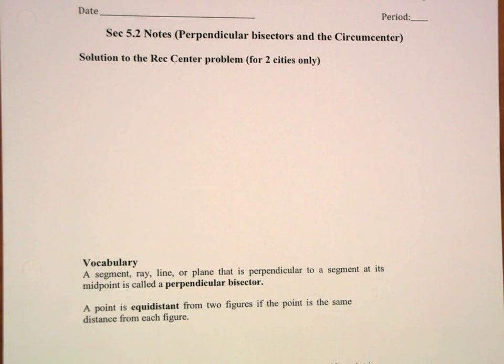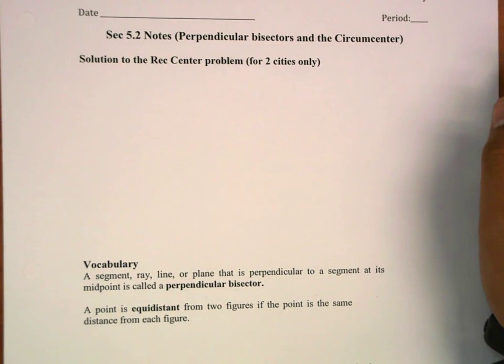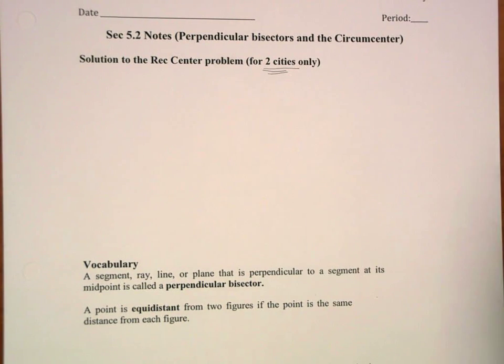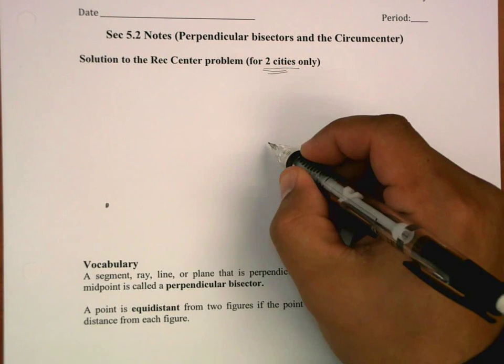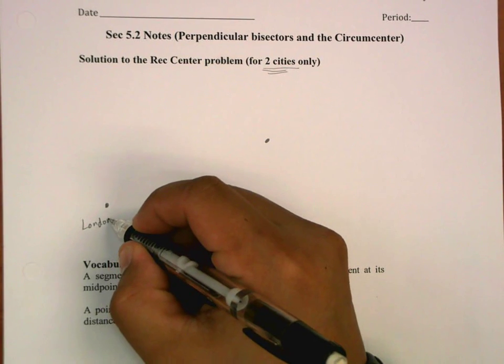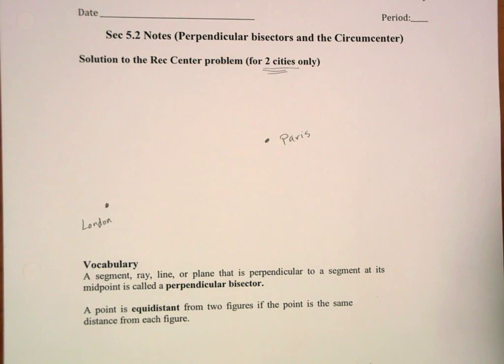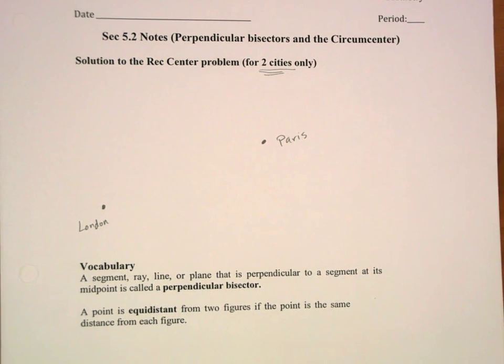Now before we dive into this lesson, I think I should present a solution to the rec center problem, or the hospital problem, depending on which year it is that you're taking geometry. And the little caveat here is for two cities only. So let's say you have only two cities. Let's call them London and Paris,